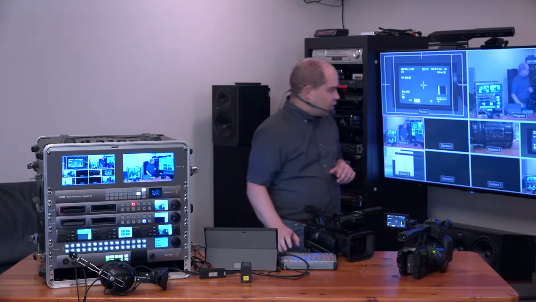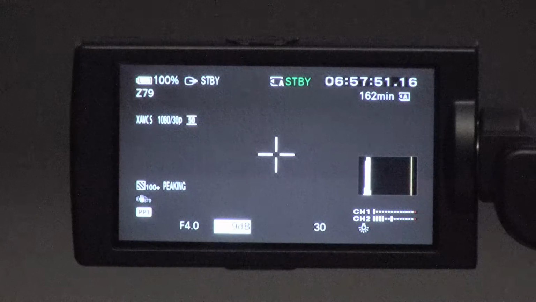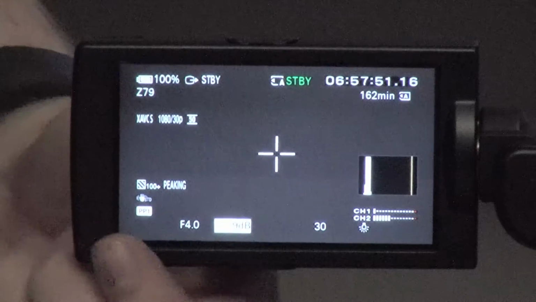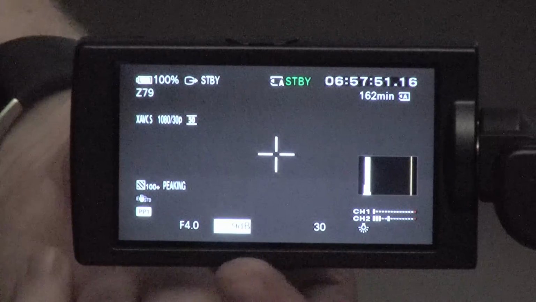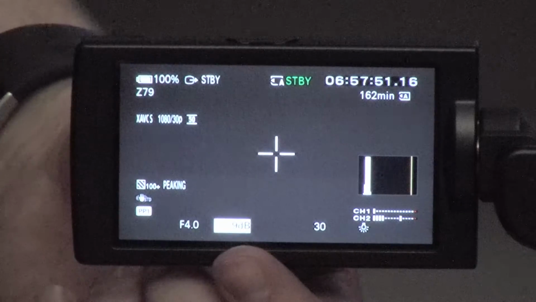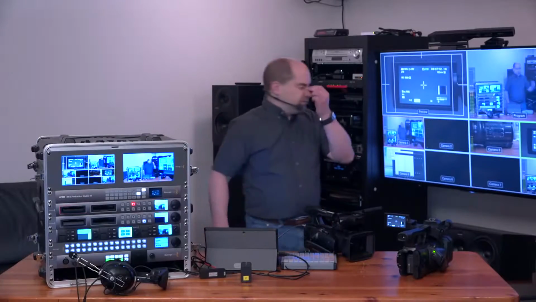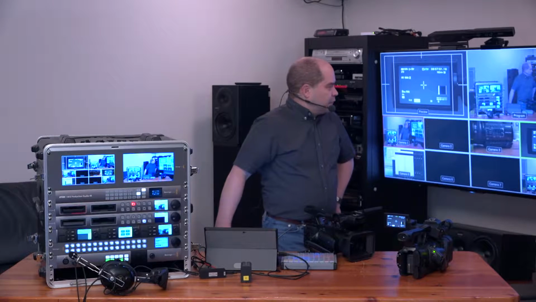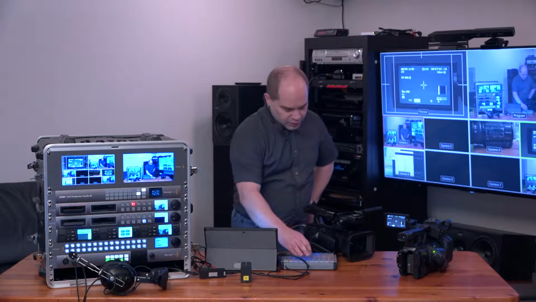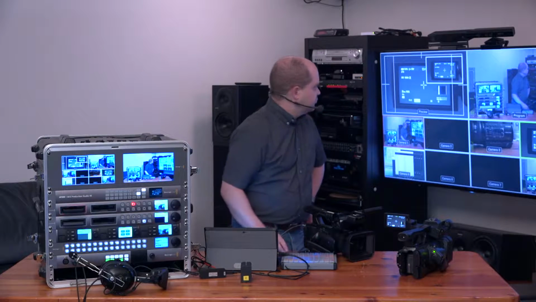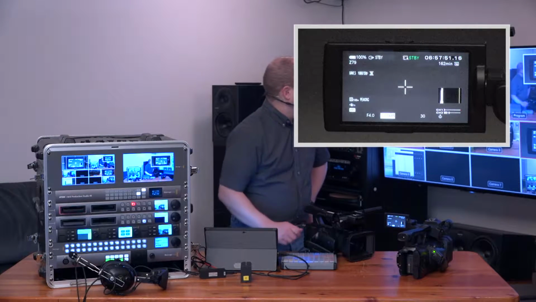So, if we take a look at the screen on the camera here, across the bottom of the screen, you'll see a few different markers. There's one that says f4, one that says 9 dB, and one that says 30 here. And what those actually mean, the f4, let's see, I think I can do a picture-in-picture here. Yeah, there we go. So the f4